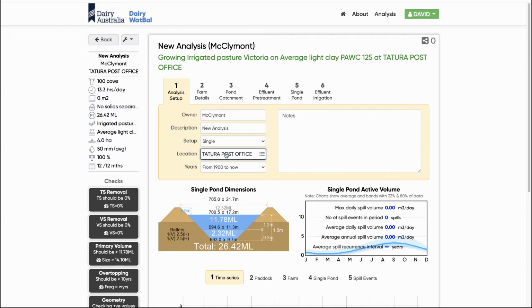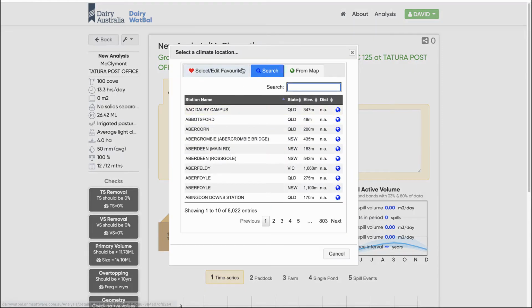So one of the important options on this page is the location button, which allows us to pull in long-term climate data from the SILO database, which is located on the Long Paddock website of Queensland Government. So this data is patch point data. It's interpolated where records are missing. It's infilled. Now click this button here and it will open up a dialog, and that'll allow us to search